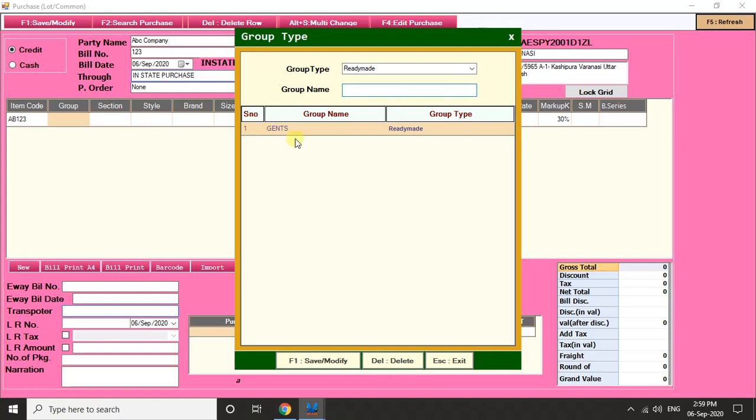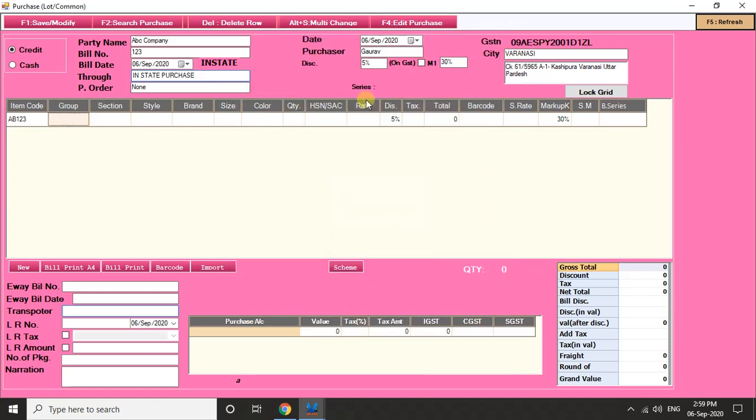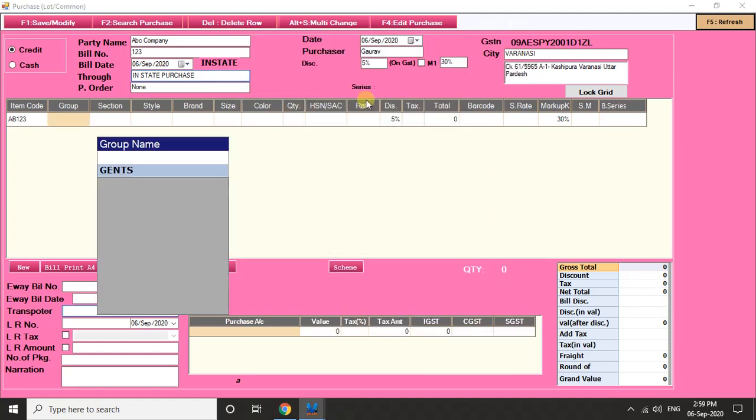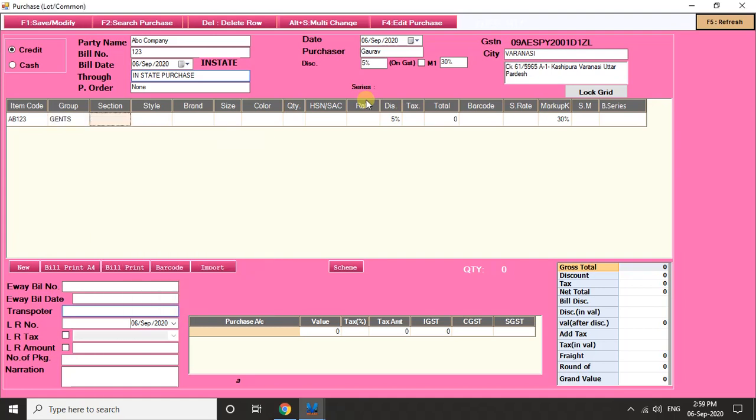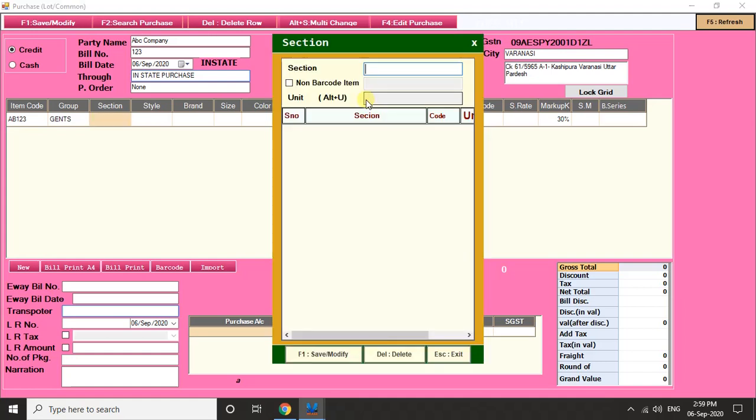We will see the list below, gents. If you wanted to create one time, we should create it here, otherwise we close it. We will press the escape button, it will close. Now we see here we have a gents tab, group. Now section is also blank, as it is a new software. We will press Alt C, section short,